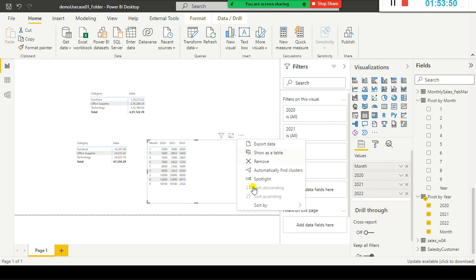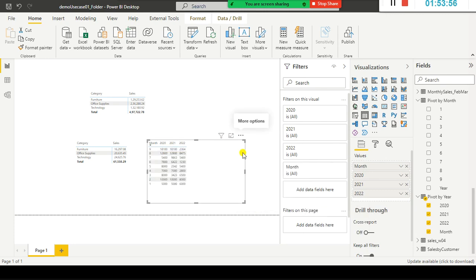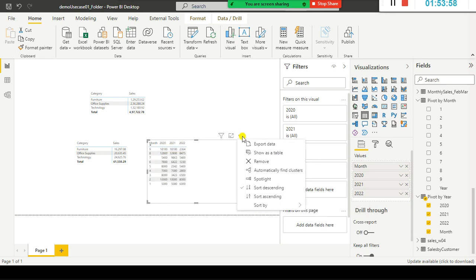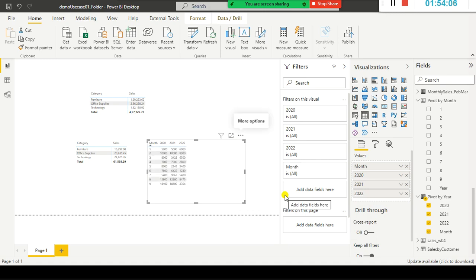Look here, if you just select it here, anyhow we'll discuss this. For example, I just want to sort it by month. It is in descending order, and what I do is I just select this one, sort ascending. So 1 2 3 4 9 months, you can see it like this.